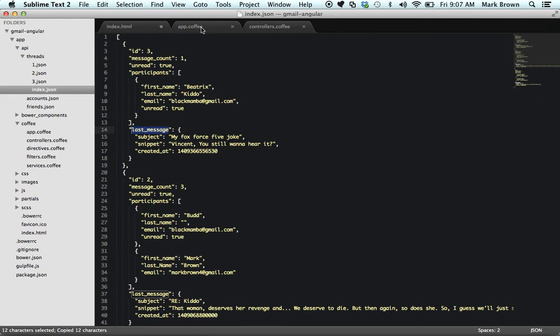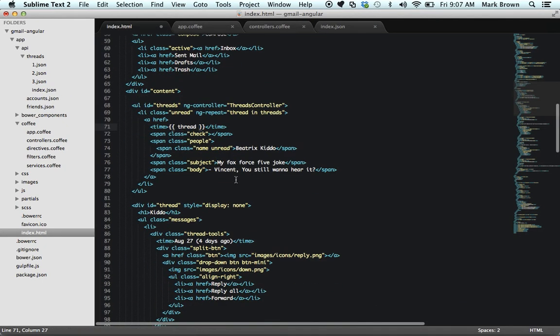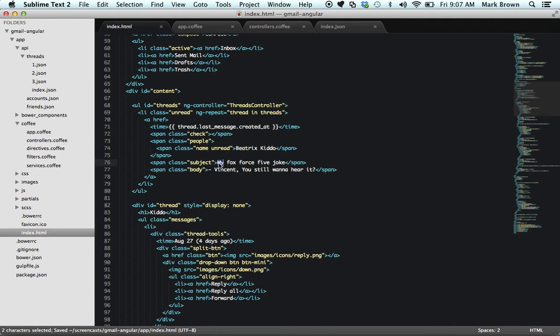So in our view, we can start accessing thread.lastMessage.createdAt, thread.lastMessage.subject and thread.lastMessage.snippet,